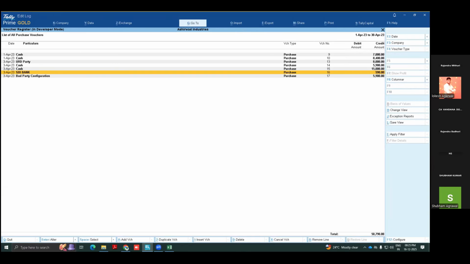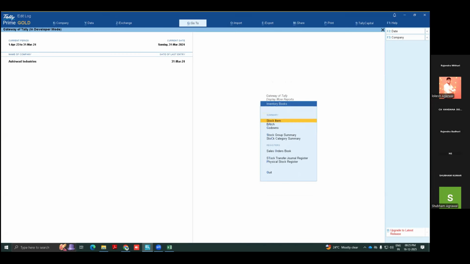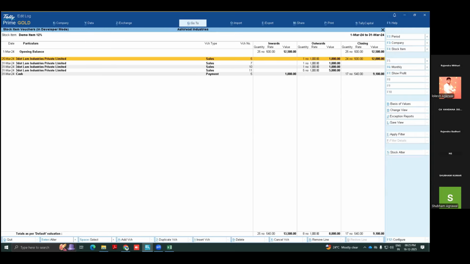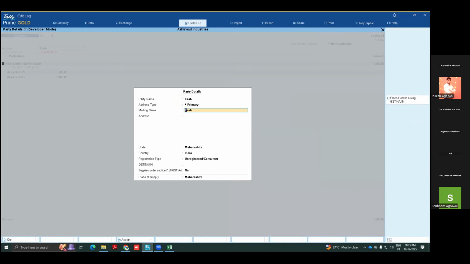No issue. But at the end, I will show you one entry is there. Display inventory book. Which ledger the setup is done on, I can show you. Demo. Yeah, this one. Sorry, I am selecting purchase. Okay. So this way.